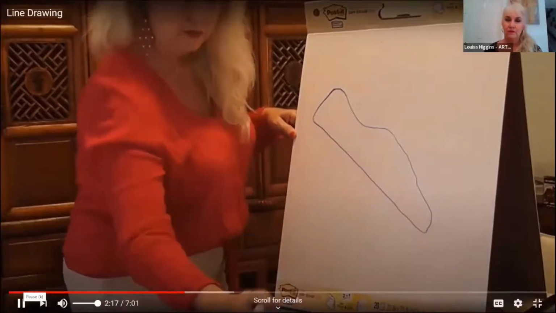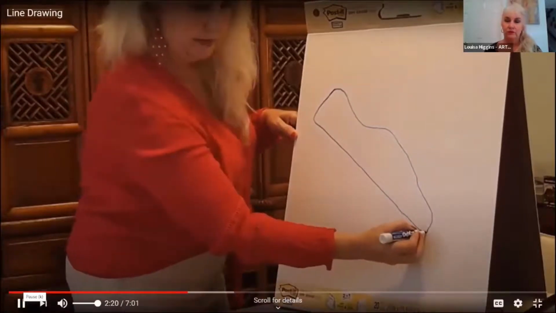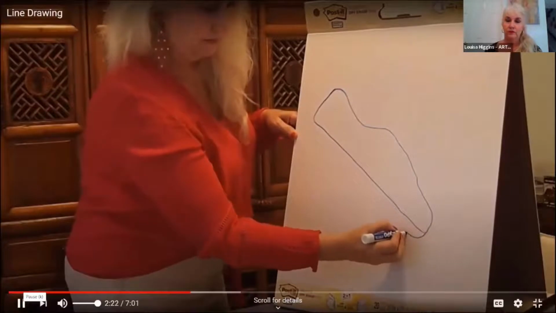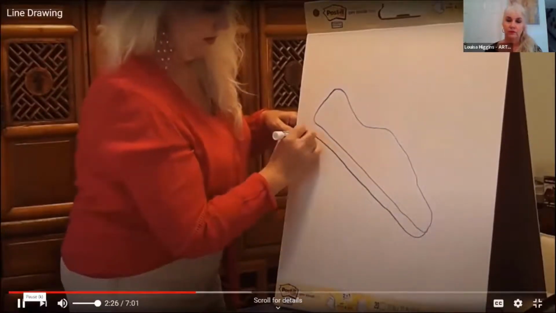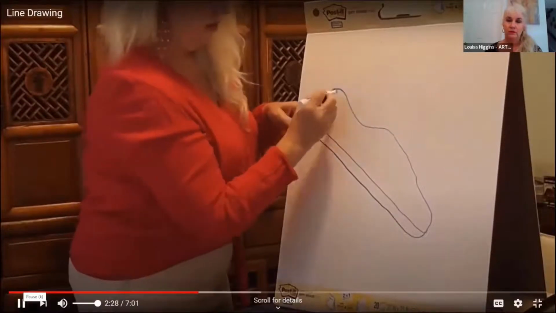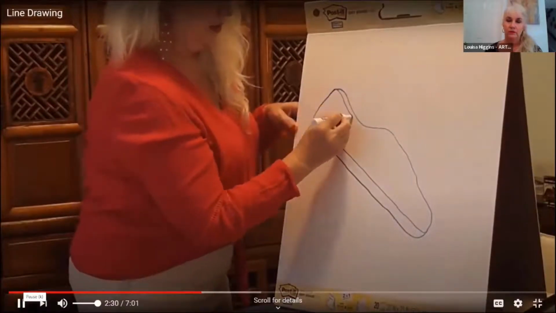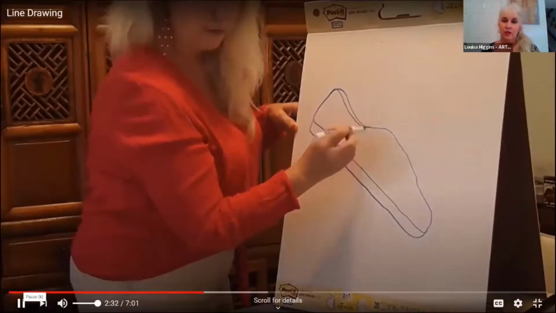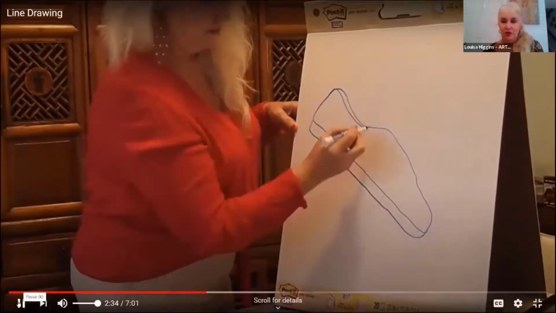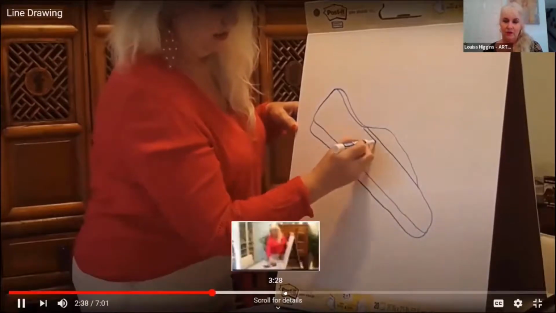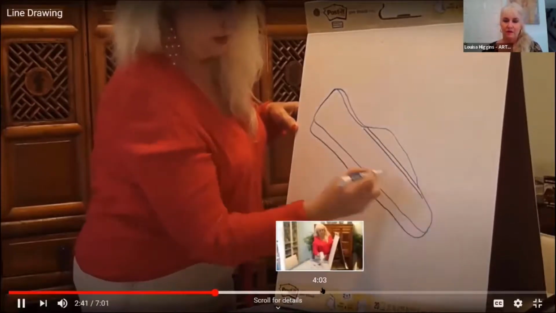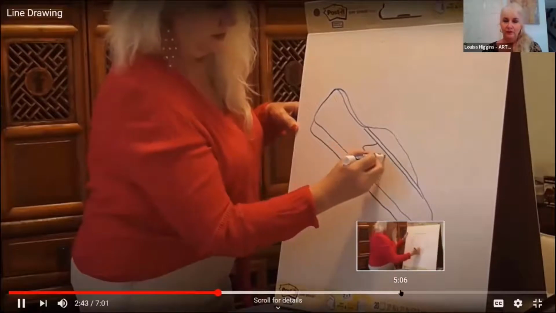And this shoe has a big white sole on it, so I'm going to add that. I'm going to start at the front. And come to the back of the shoe. And then I'm going to start working on the little details that I see. So you get the idea, and I go on to finish the shoe drawing. And if we could scroll a little further. Stitching and some interesting parts to it. Maybe about 5 minutes. Logo.